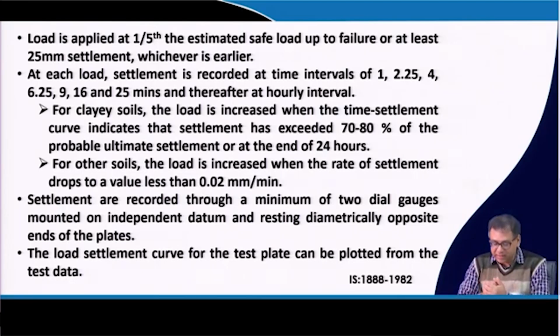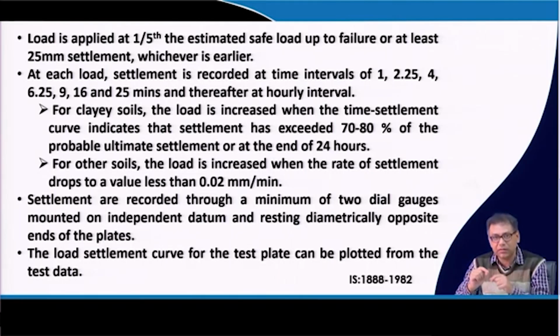But for the other types of soil, if the settlement rate is less than 0.02 millimeter per minute, that means you are getting less than 0.02 millimeter settlement in a particular minute, you stop there. Then you apply the next increment of load, and so on. So, for sandy soil, the duration of the test will be less compared to clay soil, as expected. Okay. For the settlement, we have to apply a minimum of 2 dial gauges, and we place them at